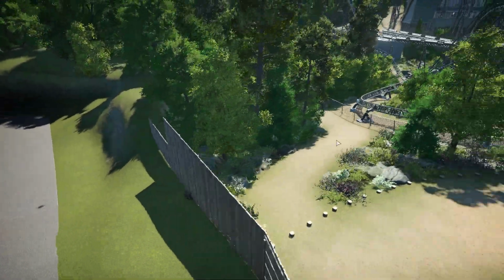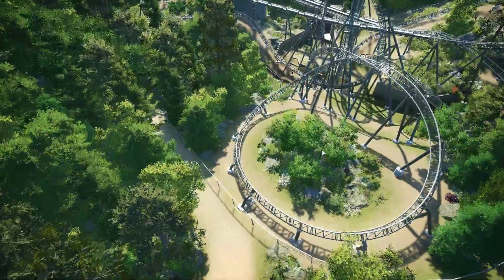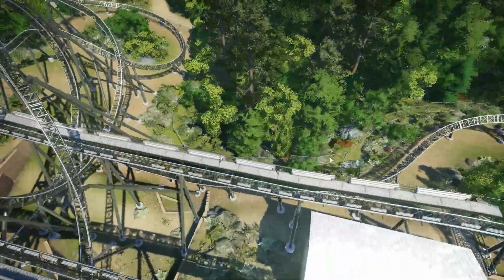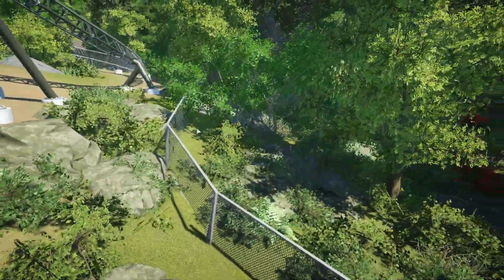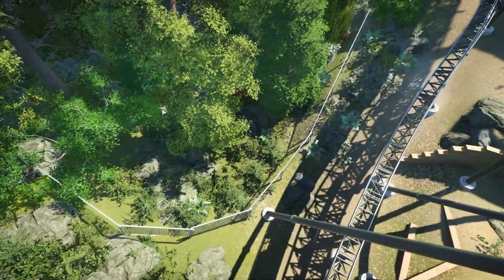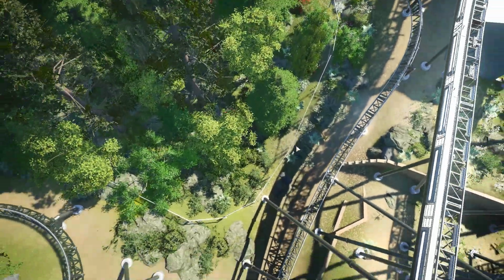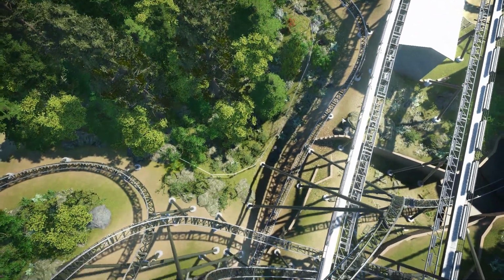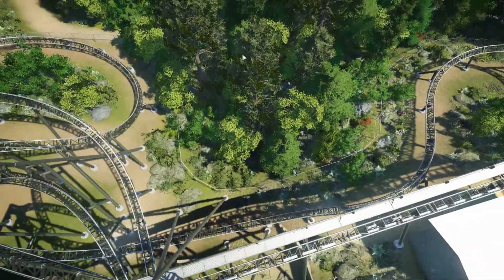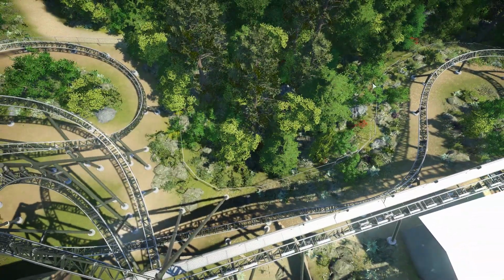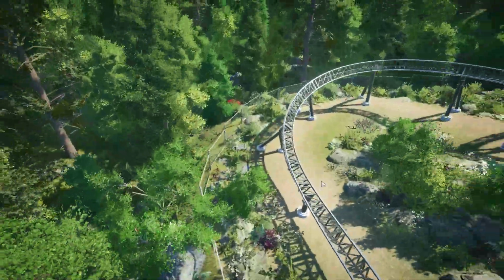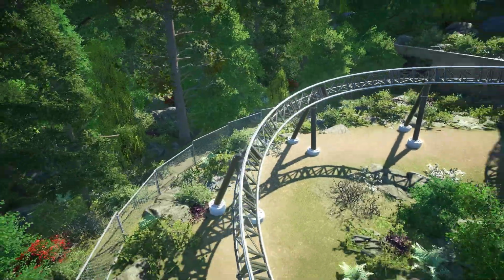So yeah, I also tried to include the fencing here that separates Time Traveler from Thunderation. All it does is separate the infields, so you have the Time Traveler infield and then the Thunderation infield. In real life, Thunderation does this little turnaround here, and it comes right up next to this little part on Time Traveler, which is cool. But obviously I'm not recreating Thunderation. This is a Time Traveler recreation. I did include a little piece of it